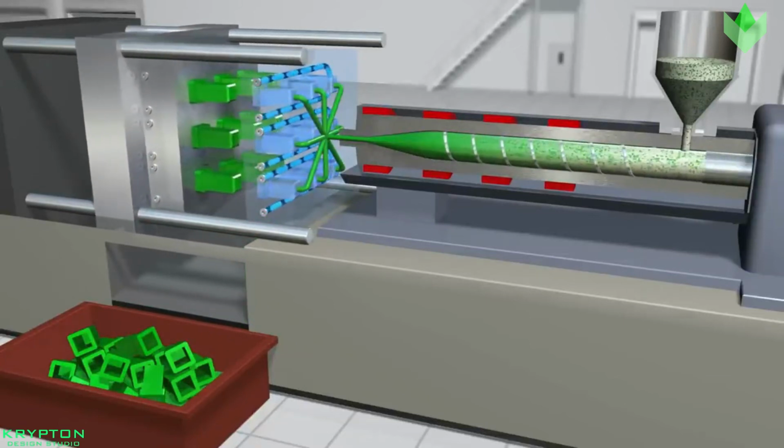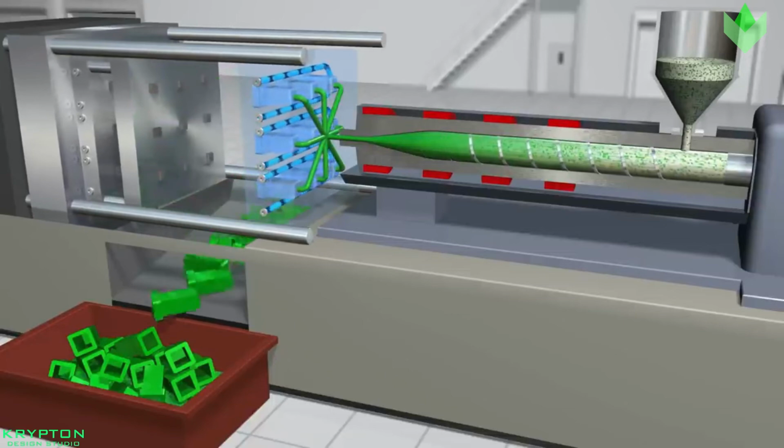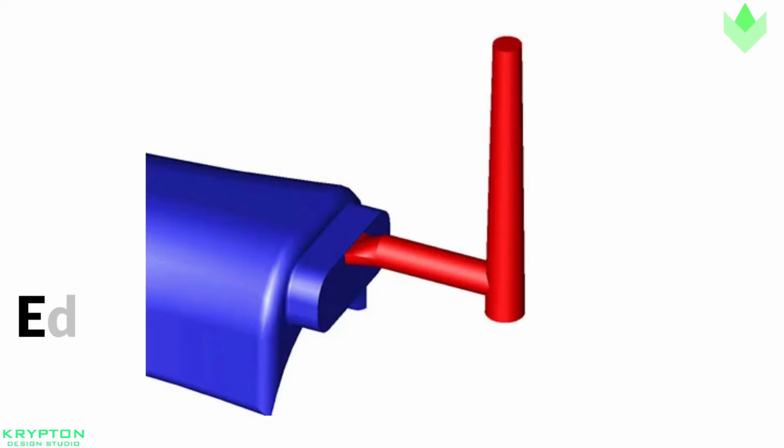The edge gate. The edge gate is the most common gate design. As the name indicates, this gate is located on the edge of the part and it is best suited for flat parts. Edge gates are ideal for medium and thick sections and can be used on multi-cavity two-plate tools. This gate will leave a scar at the parting line.